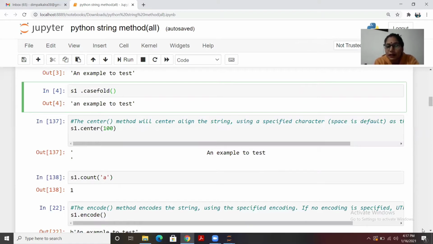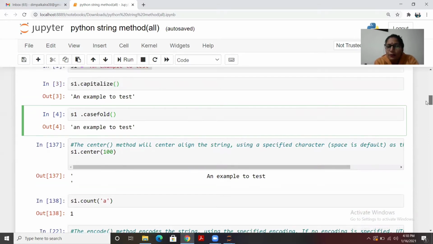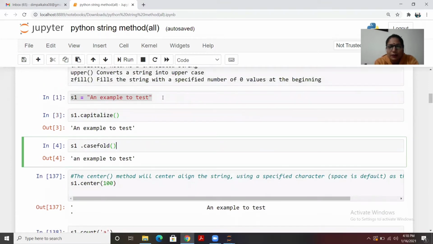For example, the length of this string is 10 and you have given 100, so the entire length of this string would be 100 only. So it will reduce the spaces that we have for that string. You can check the length and you can apply that as well. Then we have count. Count is basically just to find out the number of occurrences we have for a string, or you can say a keyword. Let me run this.